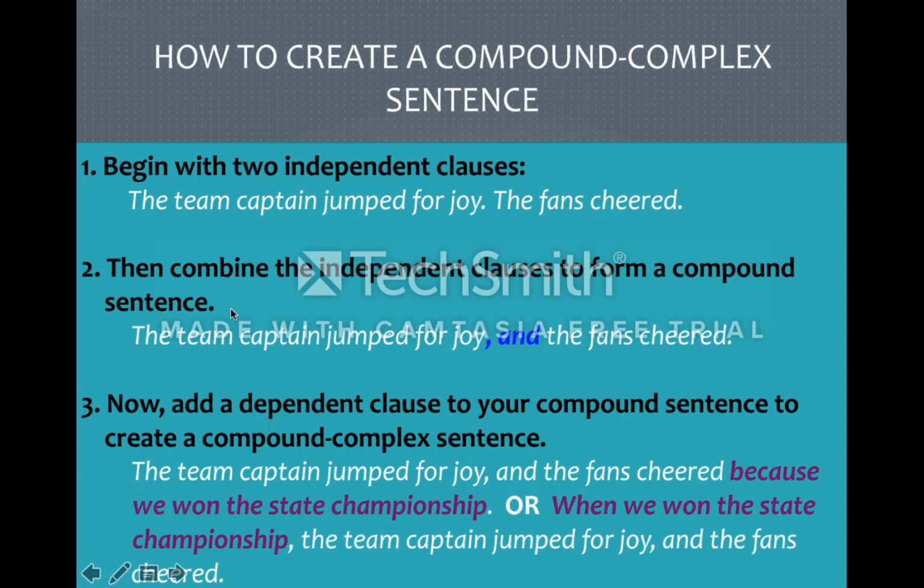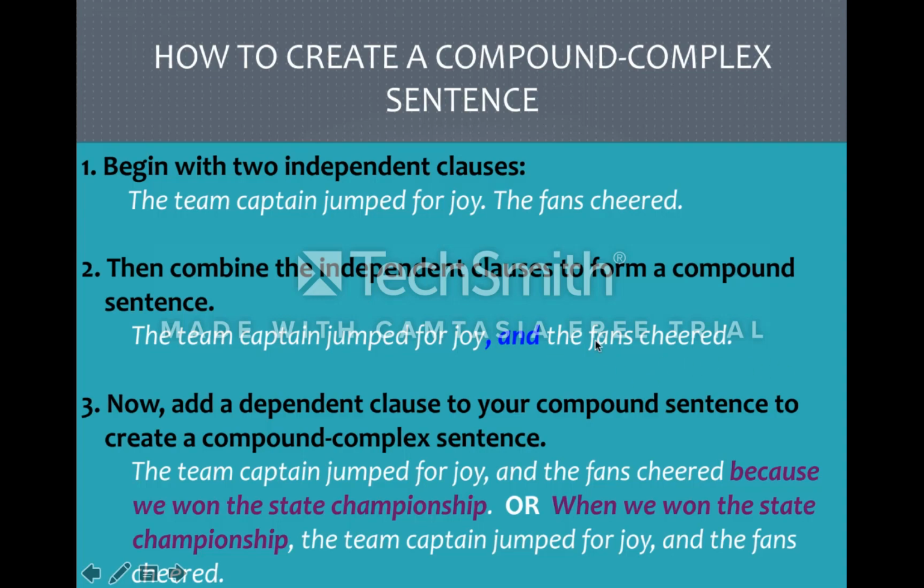So usually there are three ways to combine the two independent clauses. Number 1 is to use the coordinators, or we have FANBOYS. Number 2 is to use conjunctive adverbs. And number 3 is to use semicolons. So here in this example, I use the coordinator and then we have